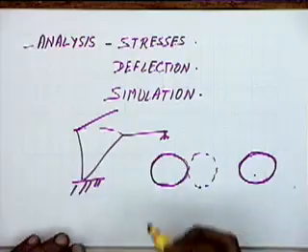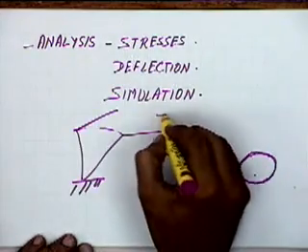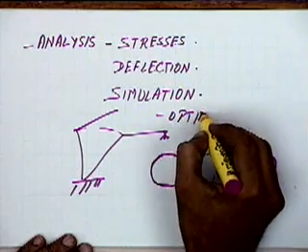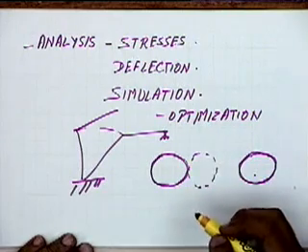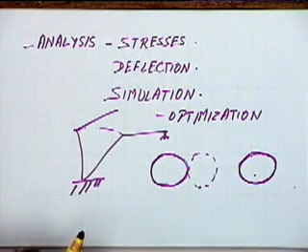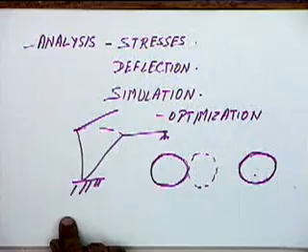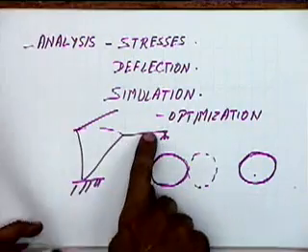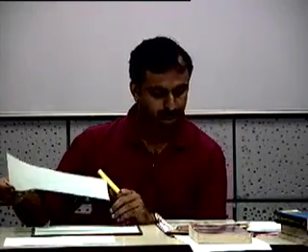And of course, under analysis, we have already mentioned optimization. If we have the model of an object, we can use it for optimization, for optimizing the size, the weight, and so on, for different criteria. So the model that is created can be used for any of these activities.